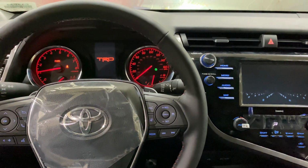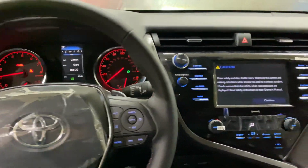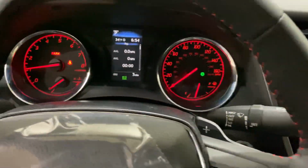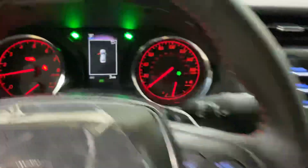Love the TRD startup sequence and the red gauges. Definitely very cool. TRD knob. Beautiful car. Does also have